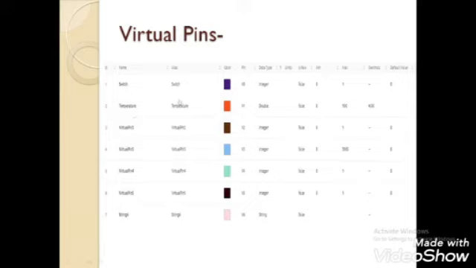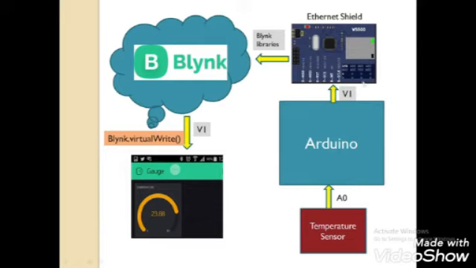Its range is from 0 to 100. We will be giving these temperature values to Ethernet shield, include our Blink libraries in our code, to cloud, and then via Blink.virtualWrite, that is a function that can change the values on the app.